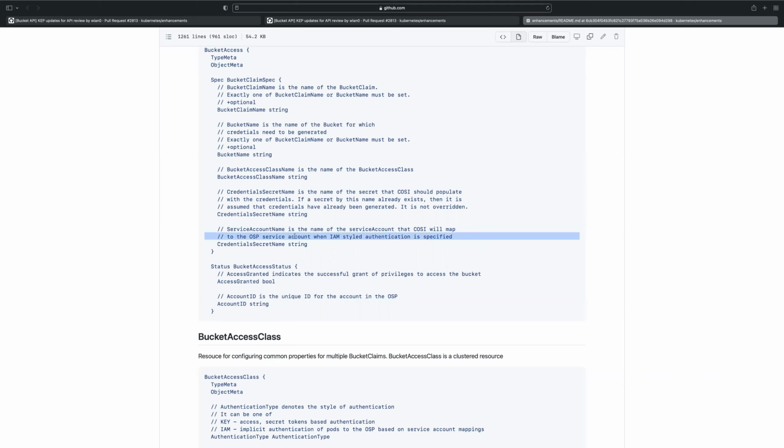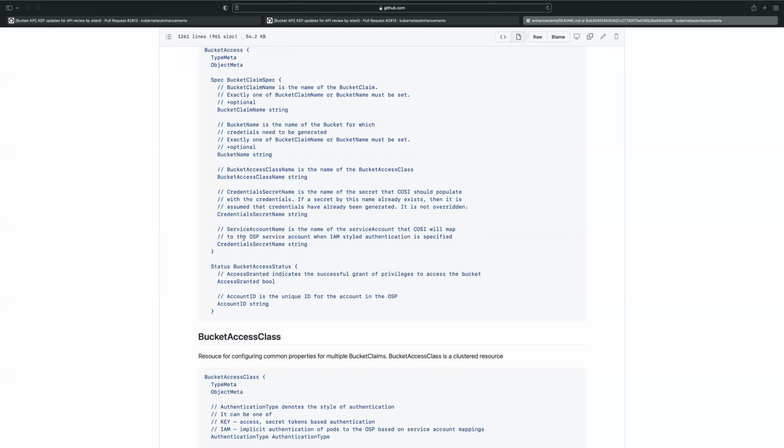Yeah, this is optional. So there are two kinds of authentication. One is using access key and secret key. The other is using service accounts, where the service account tokens are mapped to users or some sort of IAM roles in the backend, and someone who's requesting access simply specifies a service account, and then they implicitly get access.